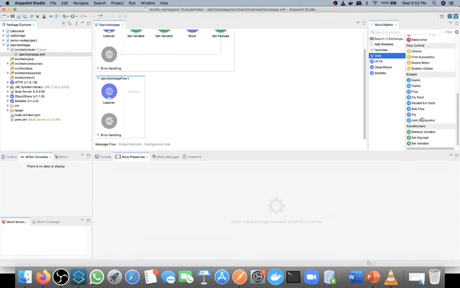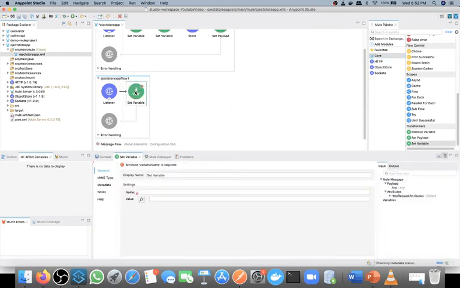I will drag and drop a set variable, name the variable key, and get the value from attributes. The syntax will be attributes dot queryParams dot key, so I am storing this value inside key.